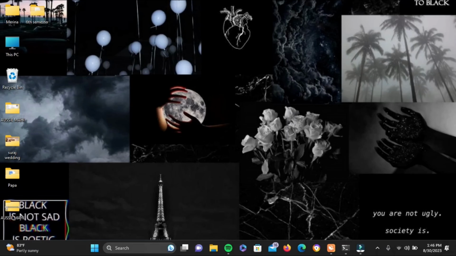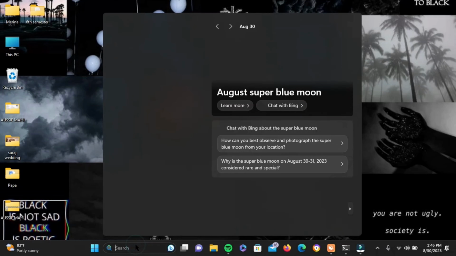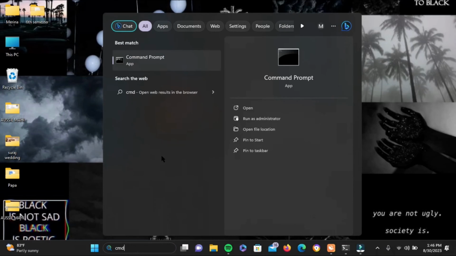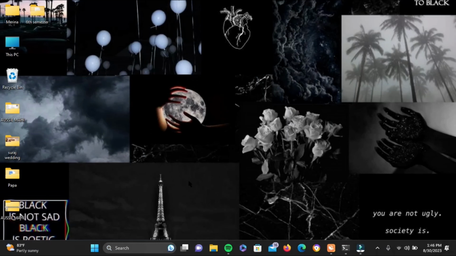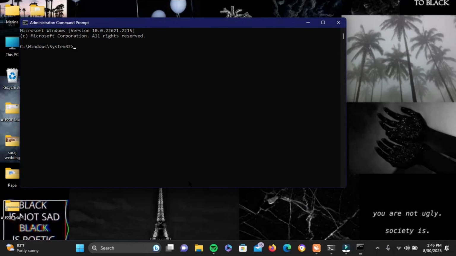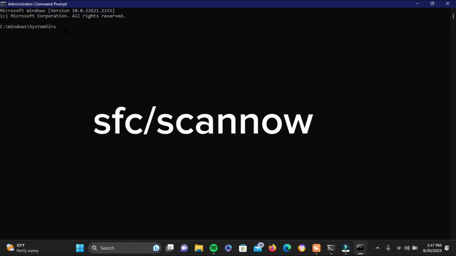So if you are facing this error, first and foremost go and tap in the search bar and search for cmd, command prompt, and you can run it as an administrator by right clicking. Now once the tab is opened, make sure to maximize it first. Now you have to write a code here. Let me link this code. You have to type